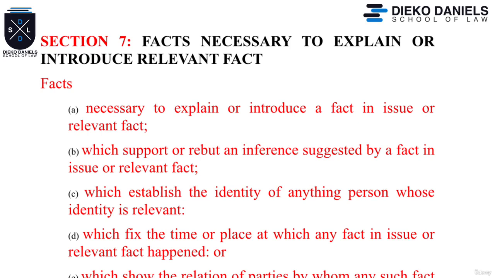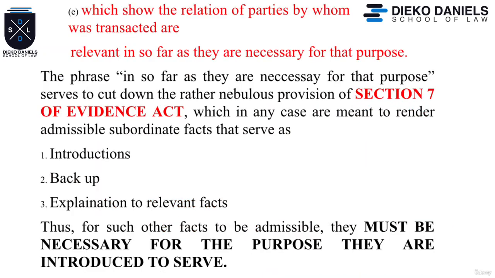Section 7 states that facts: A. necessary to explain or introduce a fact in issue or relevant fact; B. which support or rebut an inference suggested by a fact in issue or relevant fact; C. which establish the identity of anything or person whose identity is relevant; D. which fix the time, place at which any fact in issue or relevant fact happened; E. which show the relation of parties by which any such fact was transacted, and relevant insofar as they are